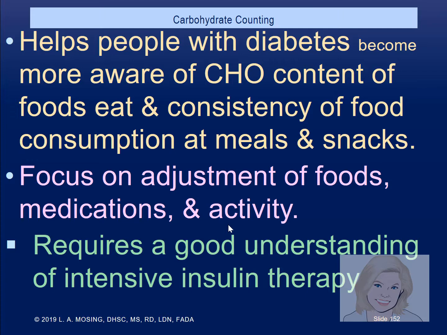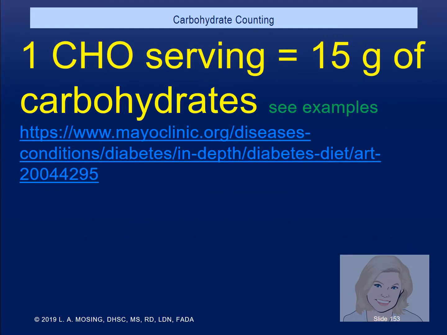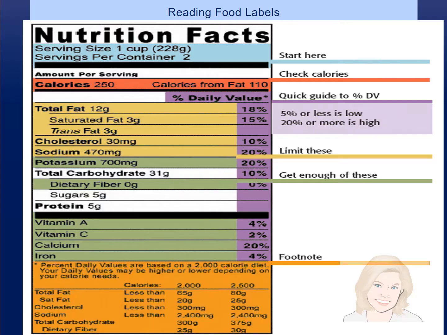Every time you eat something with carb, we know we need to control someone's blood sugar. So we're adjusting food and medications. It requires a good understanding, not only by the healthcare provider, but by the patient on intensive insulin therapy. Each serving is equal to 1 unit of short-acting insulin. It's 15 grams. So here we have a food, it doesn't matter what the food is, the total carb is 31